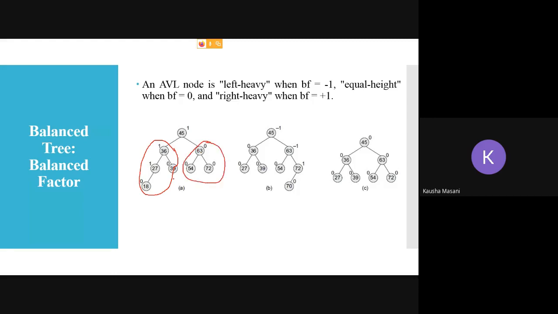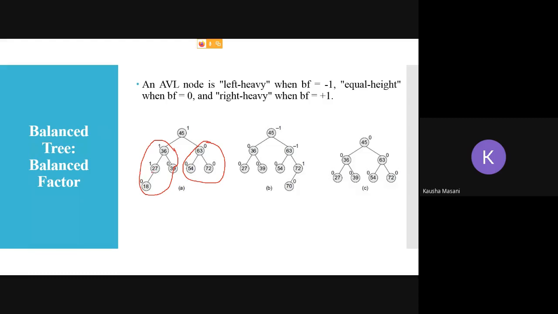Now see, what are these zeros and ones? They are your balance factor. And how are you going to calculate the balance factor? Height of left subtree minus height of right subtree. Now look at the child value here at 18. Does 18 have any child? No. So height on left and height on right are 0, 0. So 0 minus 0 is 0.